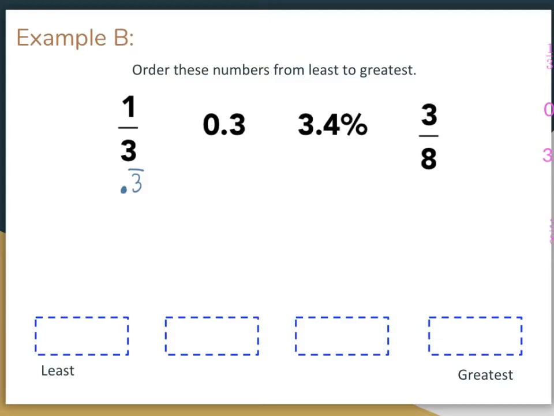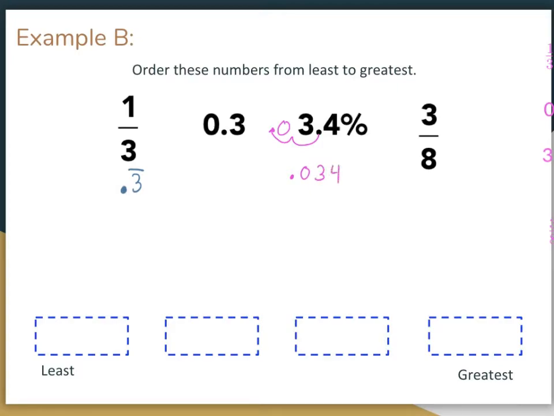Now I need to move my decimal. Now granted, it is a percent, but my percent has a decimal in it. It is not a decimal alone. I have to move the decimal point. Just because it's a percent with a decimal in it does not mean it's been converted to decimal form. So I'm going to be moving my decimal 2 places to the left, 1, 2, or I could be dividing by 100. Either way, I'm going to do the trick to move my decimal 2 places to the left, and I'm going to end up with